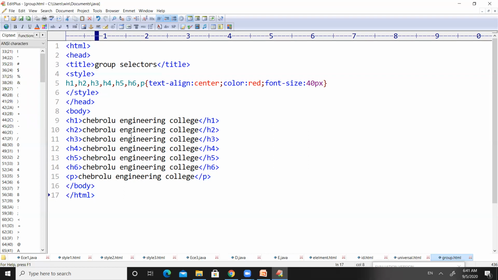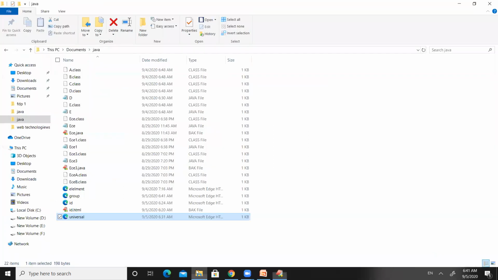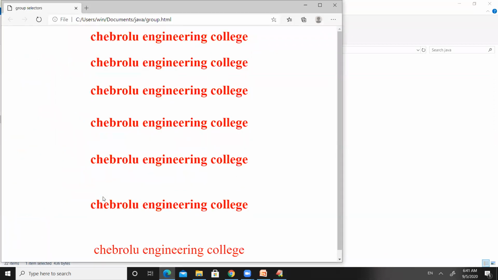And then move to the folder. Here you can see there is one HTML document with the name group. So let us double click on this one. And if you observe the things, right, all the things are of same size, same color.